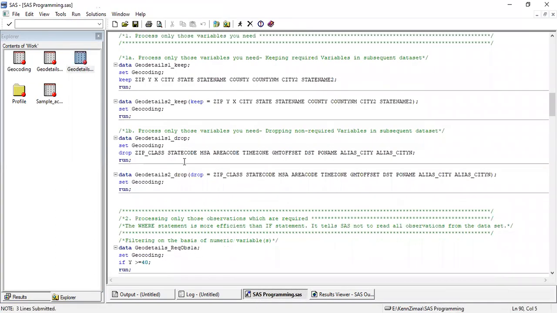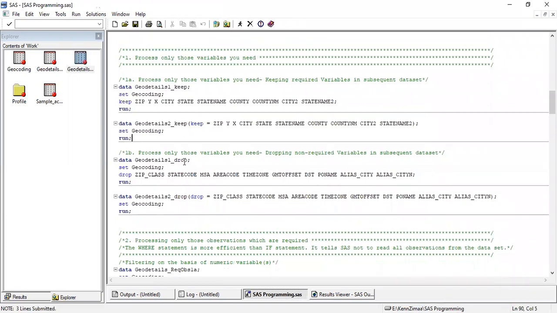Coming back to our program, there can be another way of creating a new data set. One is keeping the required variables, which we have just discussed. Another way could be dropping the variables which we do not require. So let's say you're working on a data set which contains 250 variables, or let's say 150 variables, and from that you need only 100 variables in your final data set.